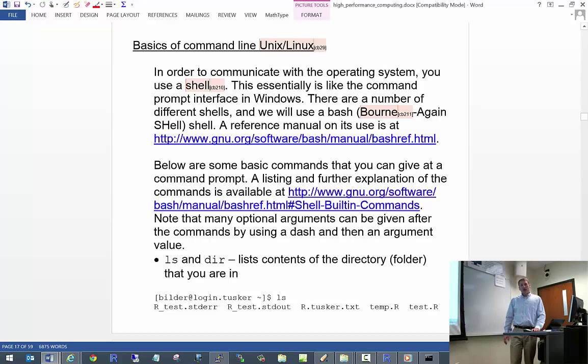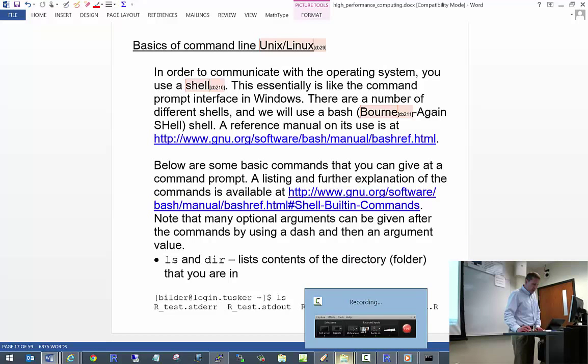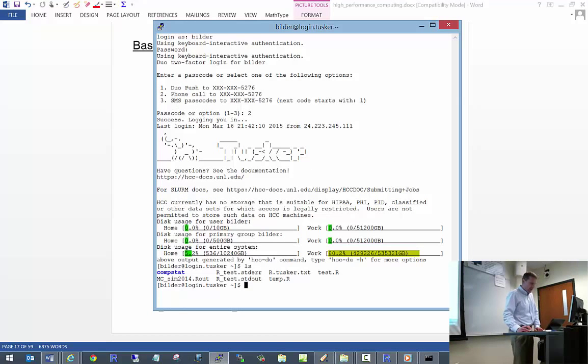There are a number of different shells that you can use with Linux-based operating systems. We are using one called Bash, called Born Again Shell, after the person who created it, Born. If you want to know more information about using it, there's some websites. Okay, so the most basic thing that you can do then once you log in is to get a directory